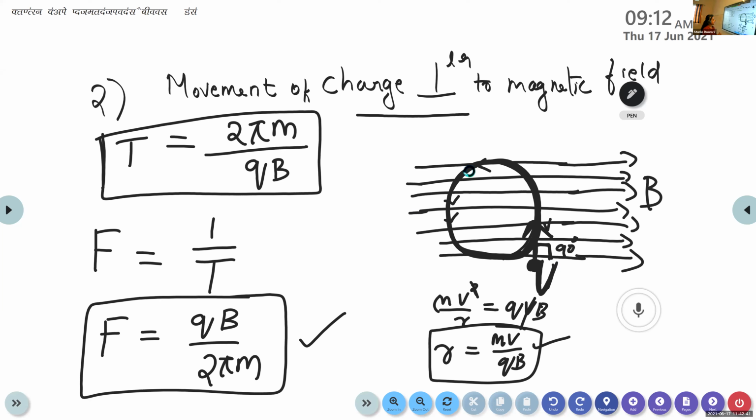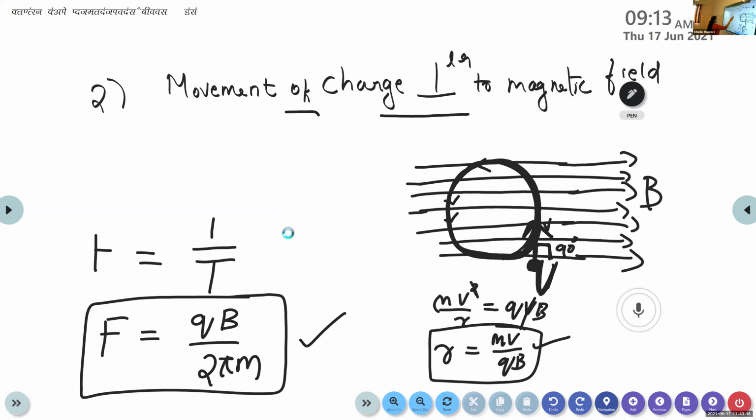Okay. So in the second case, that is if the charged particle is moving perpendicular to the magnetic field, what will be the path followed by the charged particle? What is the shape of the path followed by the charged particle? Circular. It is circular. In the case where the charged particle is moving parallel to the magnetic field, it should follow a straight line motion. In the second case, it follows a circular motion. Is it clear? Okay. Now we can discuss the third case.